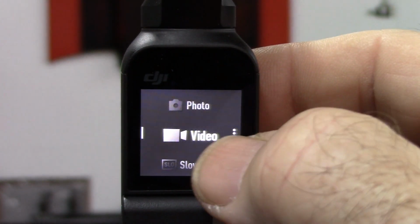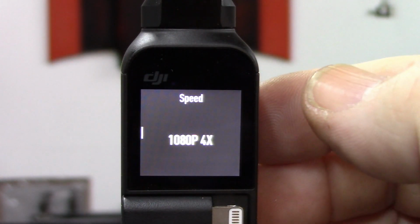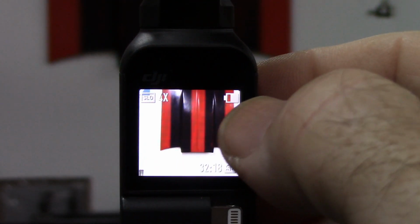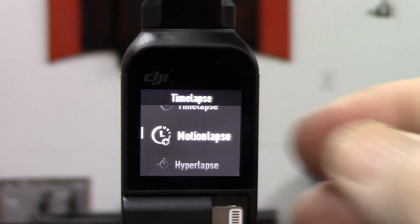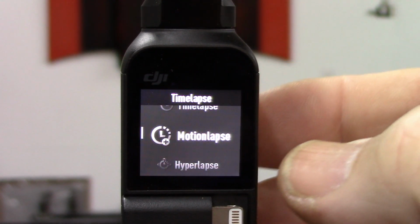Whoops. If you go to slow-mo again, you can set some parameters, and I'm not going to mess with that either. Whoops, I didn't want to do that. Down here is your time lapse, and this is where you can do motion lapse or hyperlapse. And as I was doing earlier with the camera, if I wanted to set it to motion lapse, I have